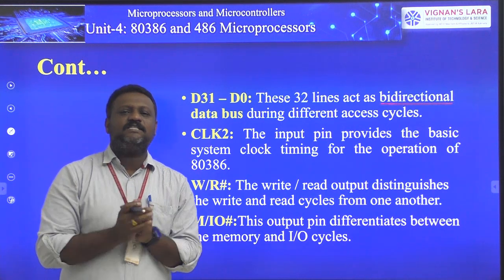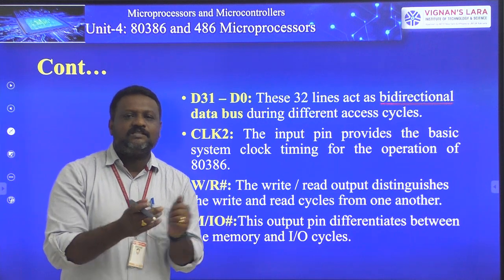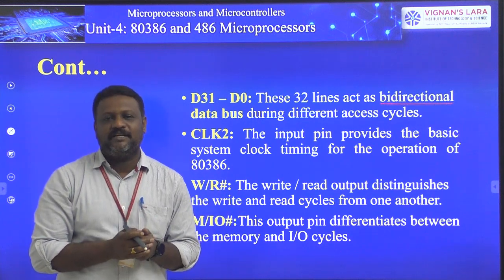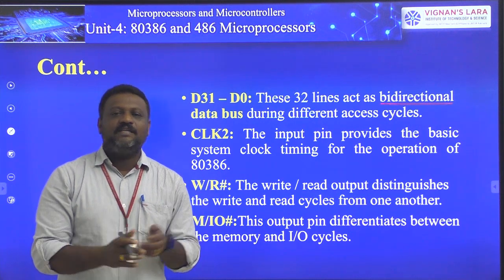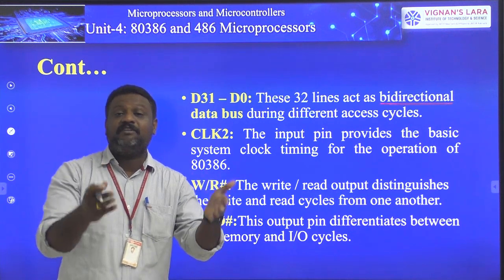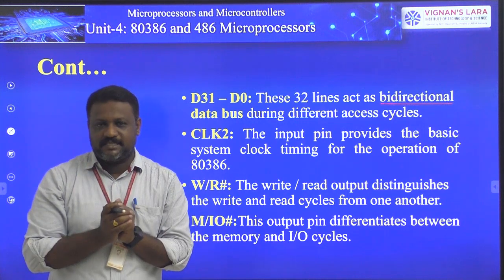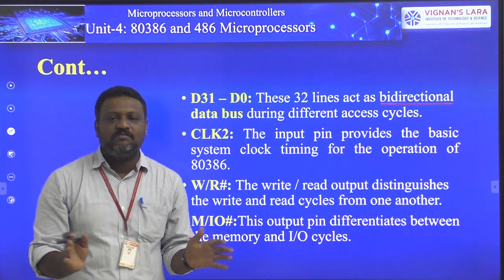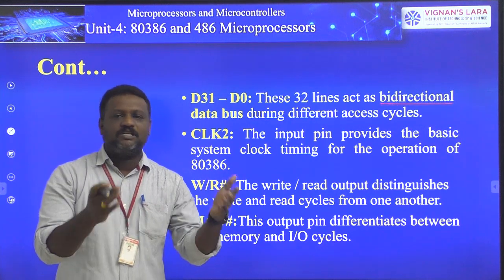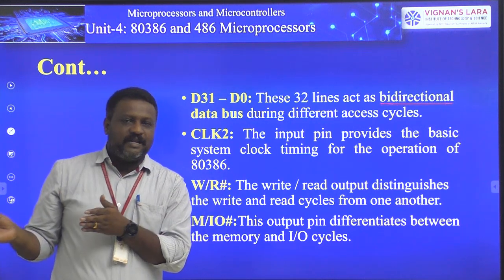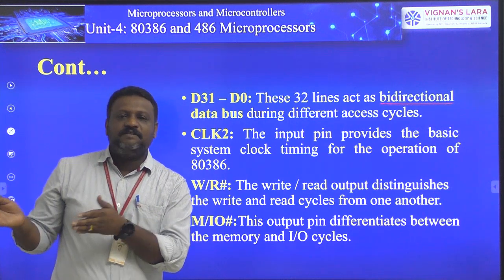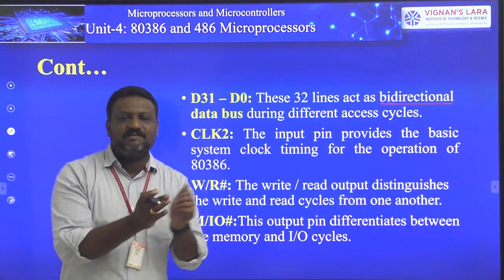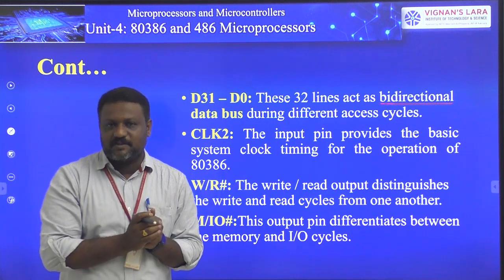That means in 8086 case also, there is no internal oscillator circuit for generation of clock. It always depends on external clock generator 8284. That 8284 clock generator generates a clock signal for 8086. Similarly, your 80386 doesn't have an onboard oscillator circuit for its clock signal. It again depends on an external device. The external device is nothing but a clock generator. The clock generator may generate a required clock signal for 80386 processor.